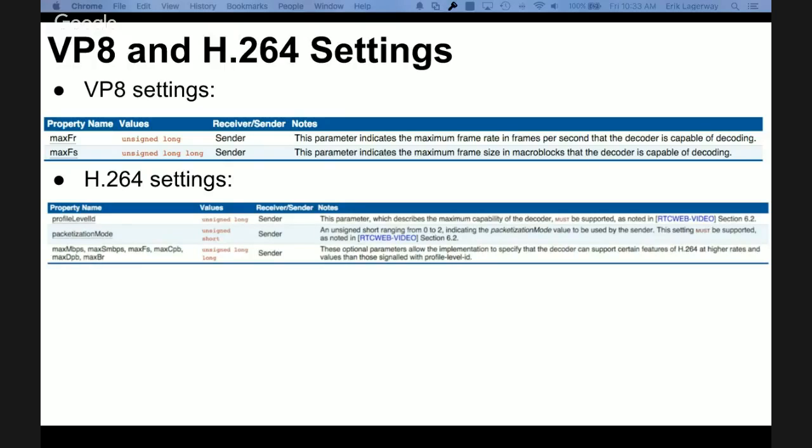I was just looking back at the Opus PR where a ton of Opus parameters were added, and it's not clear to me that that's the ideal way of handling that sort of thing. That's out of scope of what we're talking about right this second, but I don't think we should continue down that path. I kind of agree with you, Justin, we didn't implement all that stuff, but if you're trying to do a shim where the SDP is supporting it and you don't have it, then you're kind of messed up. At the same time, it's not a great way to do things. It just creates enormous numbers of parameters.